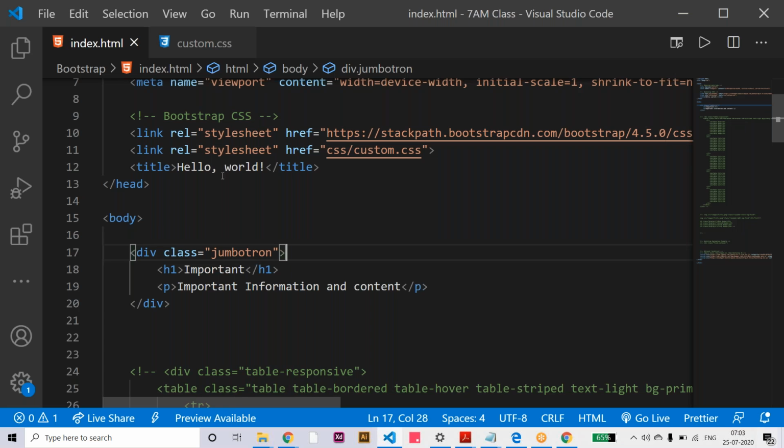And let's say alert boxes are also there.